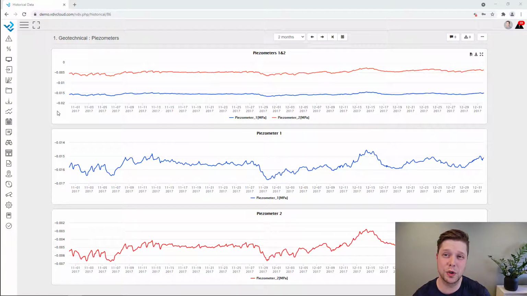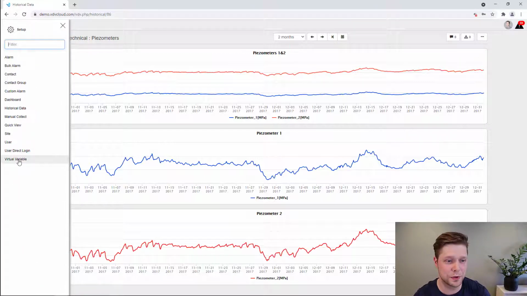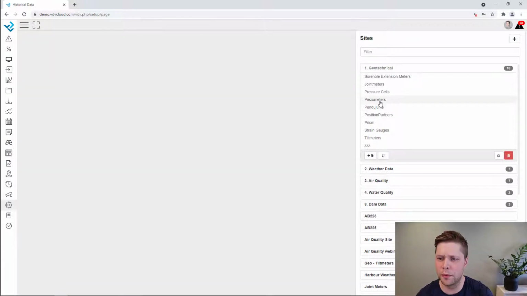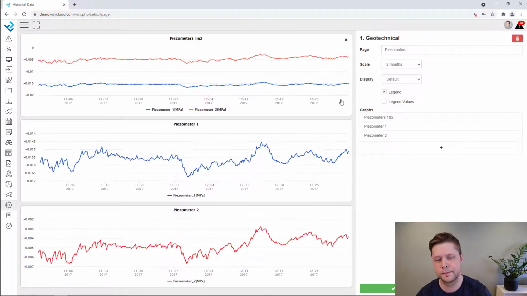Now it is easy to change that to have a different kind of grid system where you have also vertical lines in the background. So let's take a look at it. Simply go to Setup, Historical Data, and I'm going to open up here one page. I have here my three graphs as before. What has changed here in the top right hand corner is that I have the option here Display, choosing from